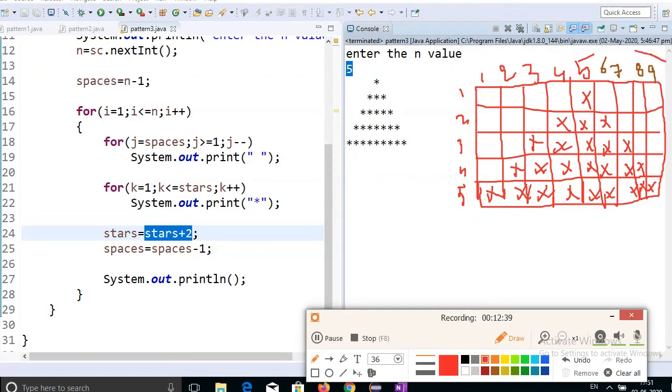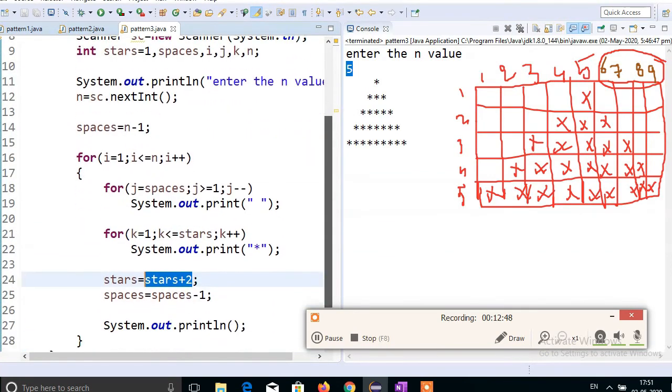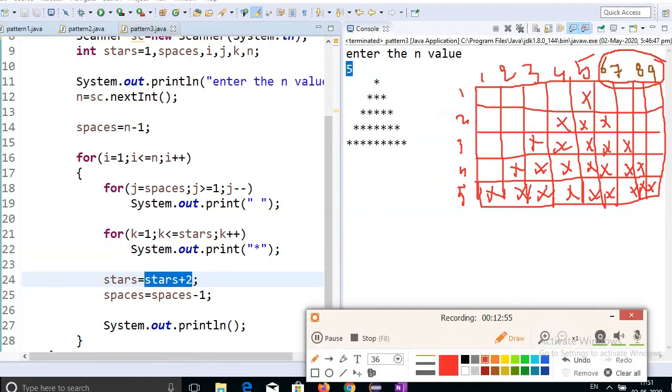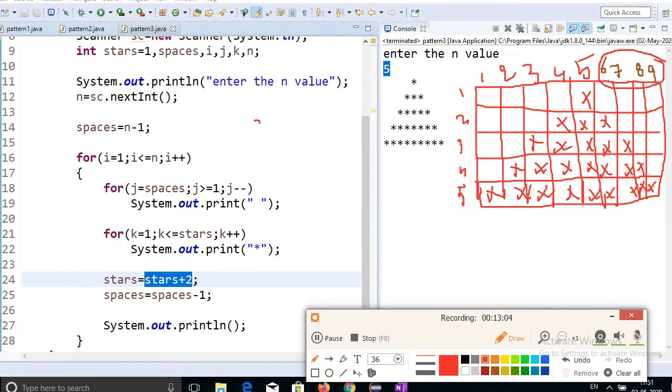Why didn't I explain the 6, 7, 8, 9 positions? If you check my for loop, it starts with i equal to 1, i less than or equal to n. What does n mean? N means 5.